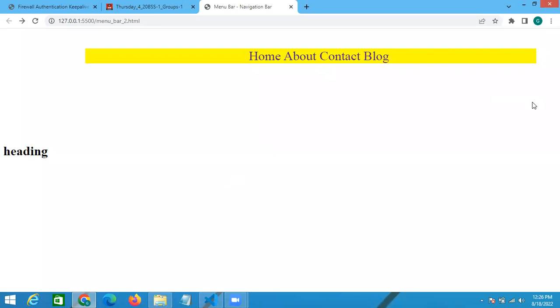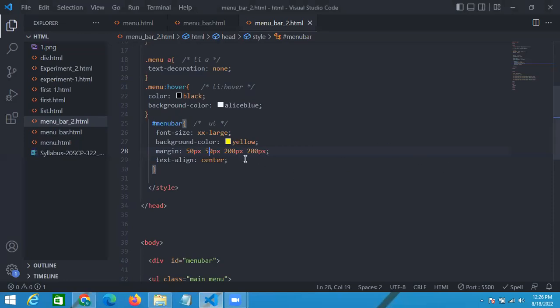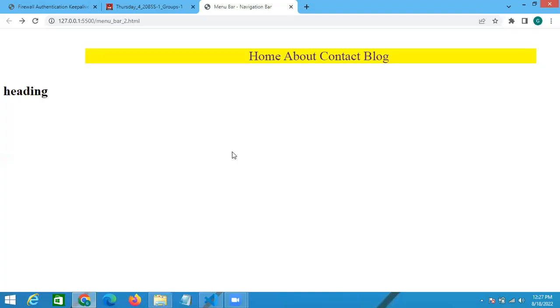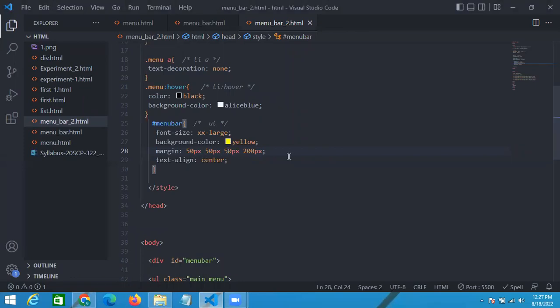Now from the right, top right. Right side again the margin is not there, only 50 margin is there. Again you can check here 50. Now bottom is going to remove. After that 50